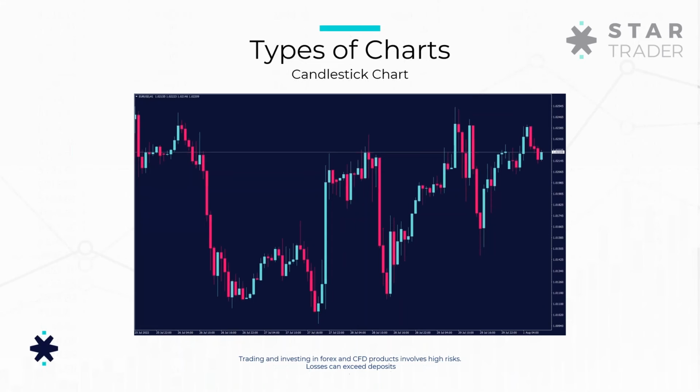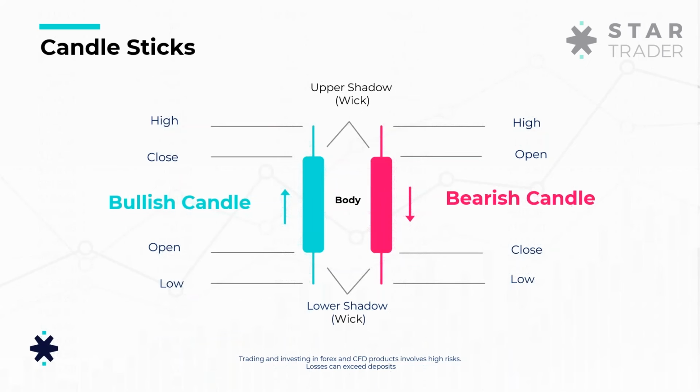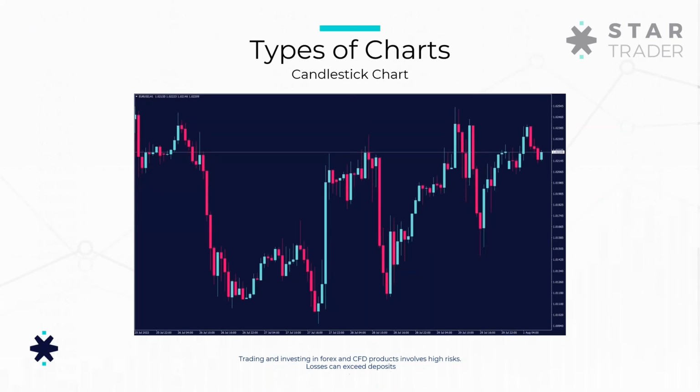Patterns or formations in the market are very important because you need to know them. Whatever happens in the market happens in patterns. So we'll be moving now to the details where we have more explanations about these things. Each candle can be one of 2 types: bullish candle or bearish candle. Usually they are presented in the market in red and green. In StarTrader, if you can see, our chart is red and green.